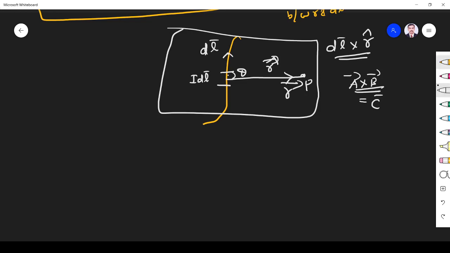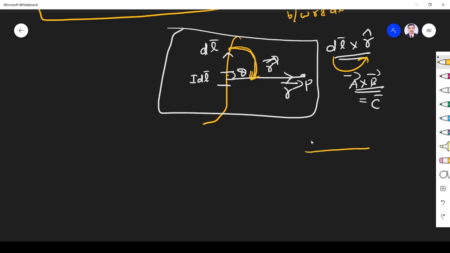So we are moving from DL cross R, which means you have to go in this side. DL towards R, DL cross R. You think like that. I am giving you the simplest way. In the book they will talk about the right hand screw rule. That and all we don't need. We can measure simply. So it is going in the clockwise direction, right?